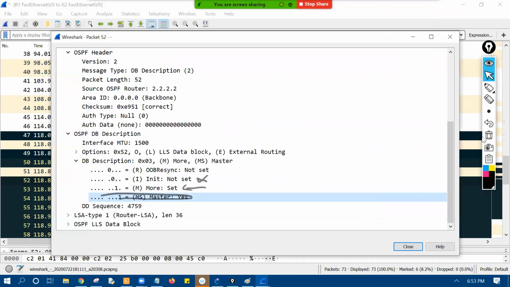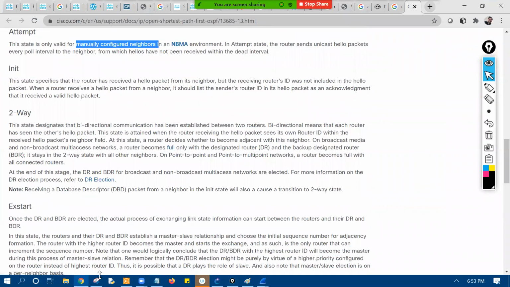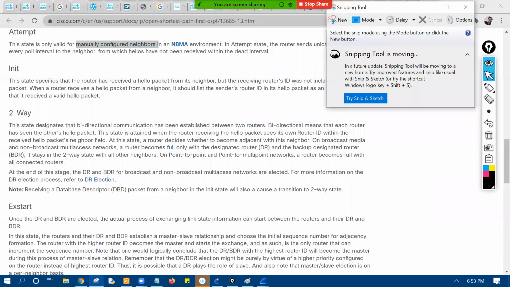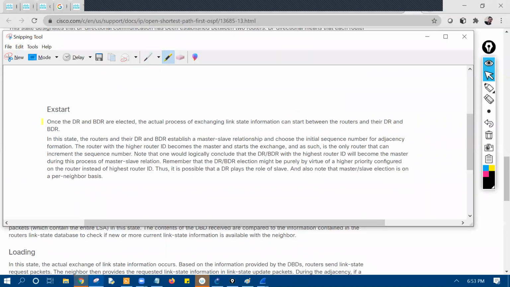The MS bit represents master and slave. MS 1 equals master, MS 0 equals slave. And in which state is this happening? The master and slave election happens in the ExStart state. Once the DR and BDR have been elected in the two-way state,